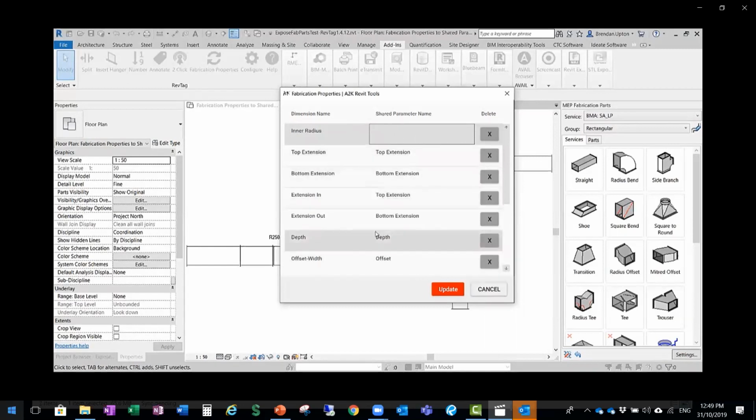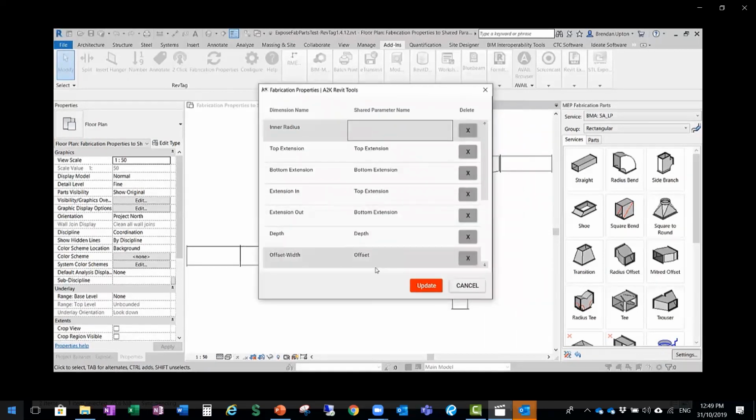Okay, so I have some pre-populated ones here for this example. Version 4 of Revtag is going to ship with these values populated as default. These are in fact BIMPOS standard shared parameters that are going to ship with the tool. So for those of you that don't